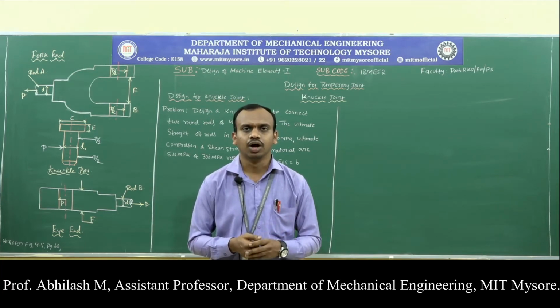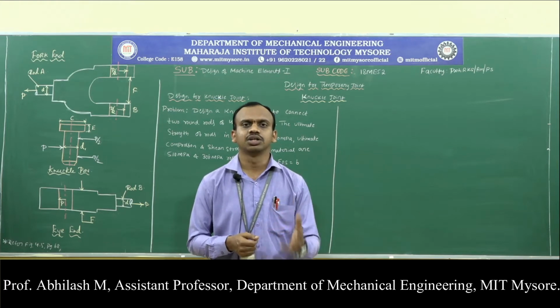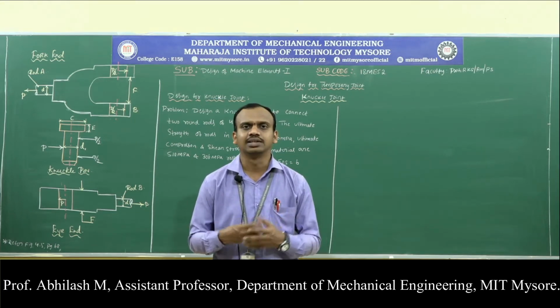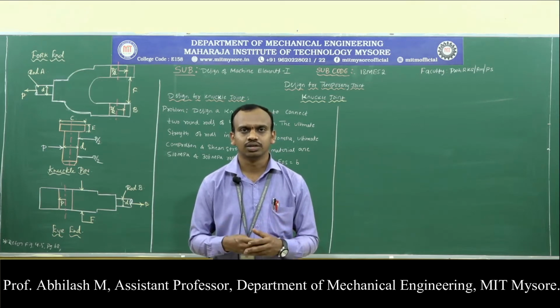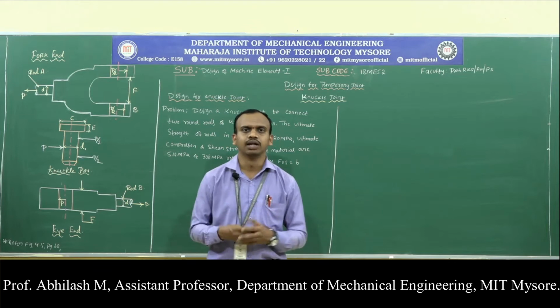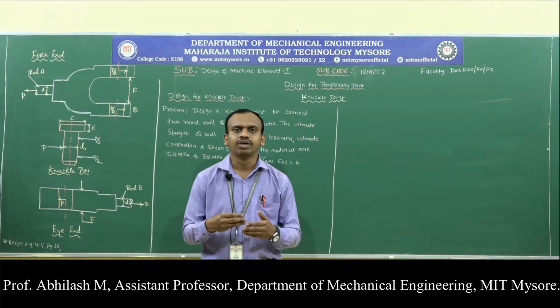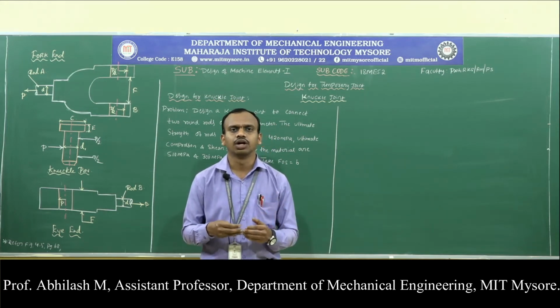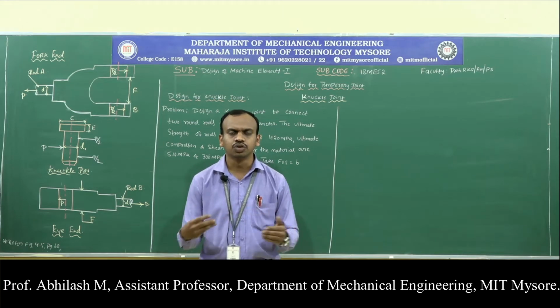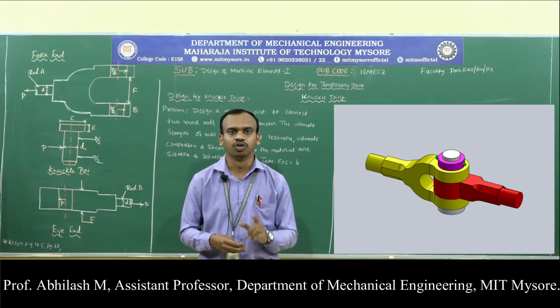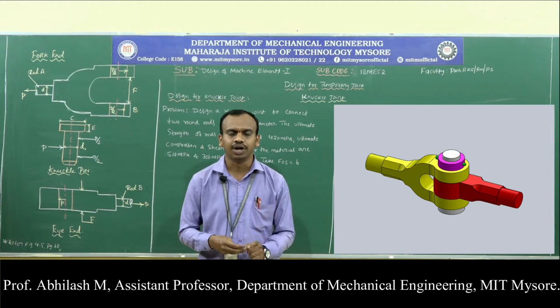What is this knuckle joint, and how is it constructed? The knuckle joint is a device used to connect two axes when they coincide or lie along the same line. When the axes are along the same line, we can make use of the knuckle joint to connect those two rods or parts. Knuckle joints are preferred to transmit tensile force.